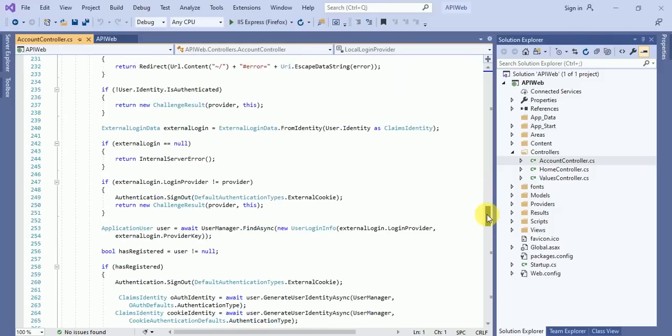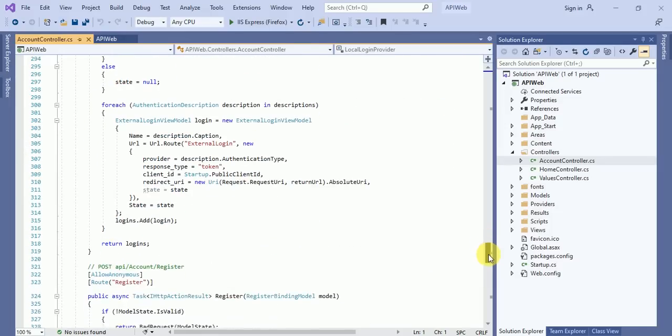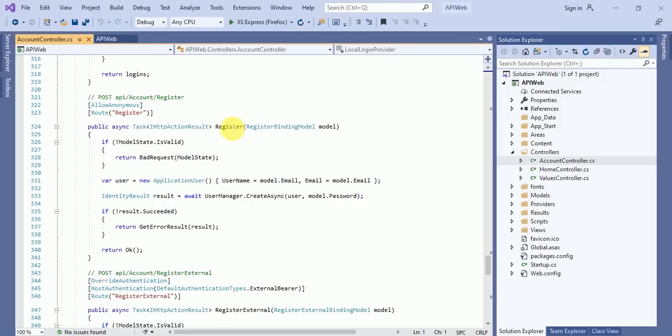But in this video, we are going to create the identity table, and using this method we are going to create it. And what is the identity table? Basically it's a set of table structures that is created in our SQL database.